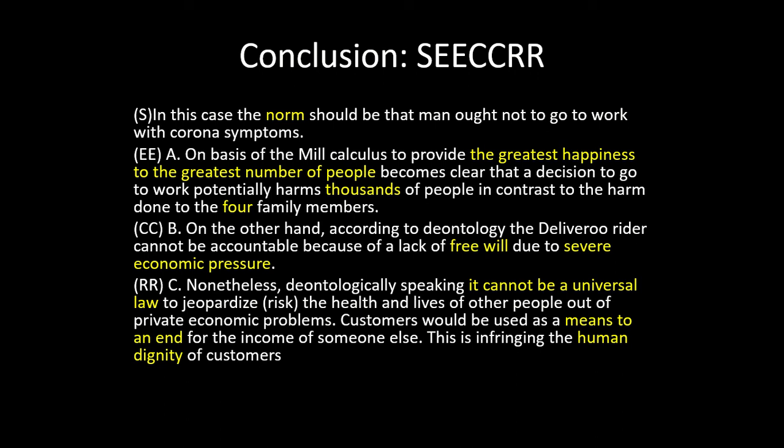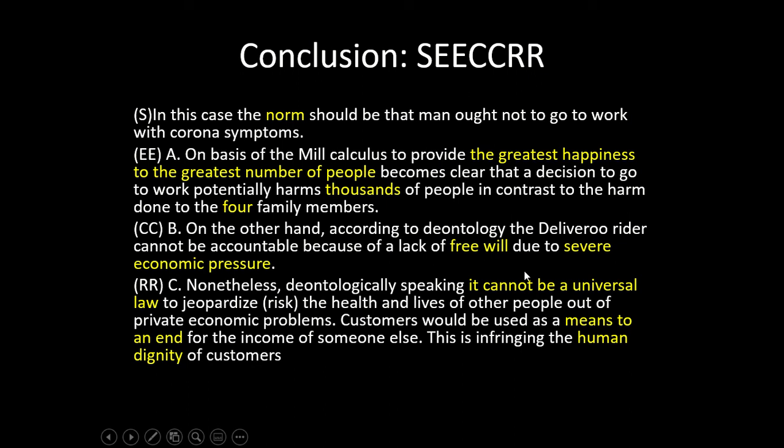And you can see that in every section of the argument, the A, B, and C section, you can see ethical jargon. First thing is typically utilitarian: the greatest happiness of the greatest number of people. And you show in your use of words that you weigh up the value of the majority in contrast to some minority members, and that supports your norm. Then you go to part B,